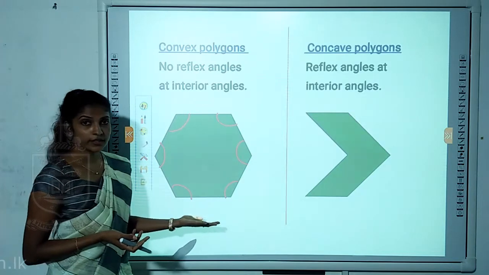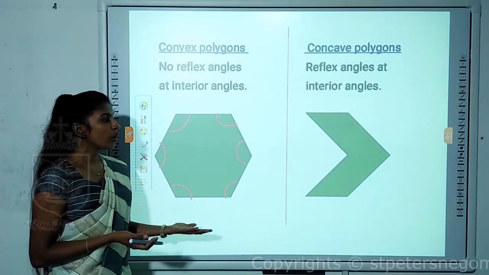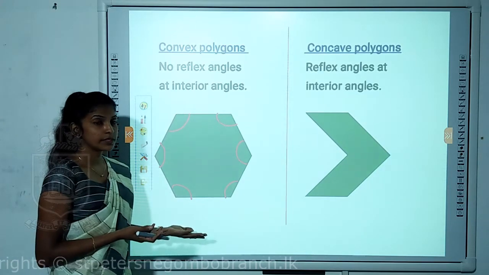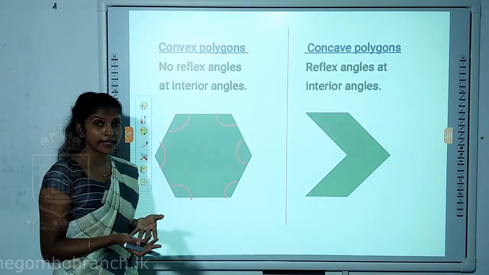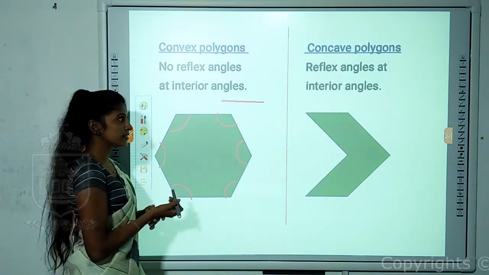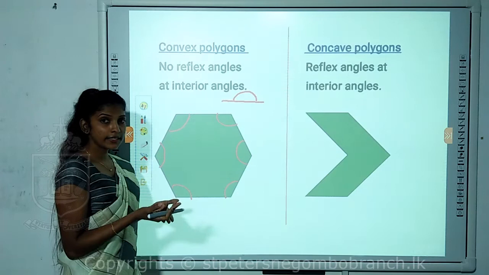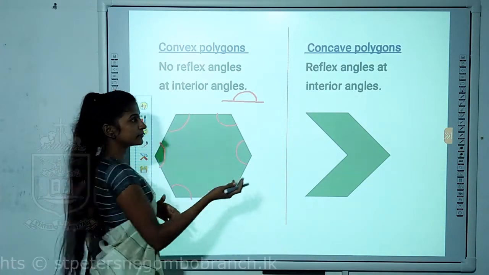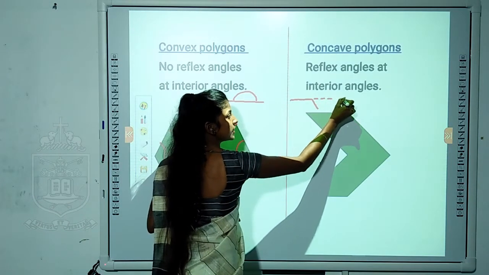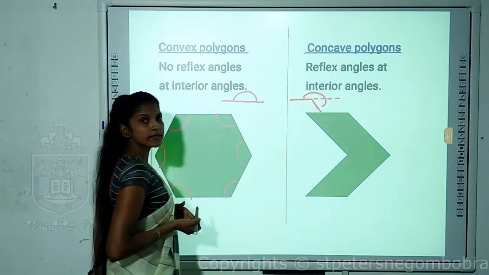So, here you have to check the interior angles at first. And then you have to observe whether all interior angles are less than 180. That means, 180 degrees means it's a straight line. We did that in the angles lesson. So it is always 180. If it is greater than 180 degrees, it will become a reflex angle like this. If it is a straight line like this and it is greater than 180, it will go like this. So we call it a reflex angle.